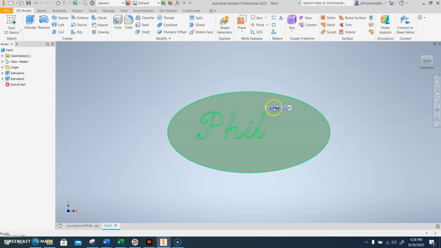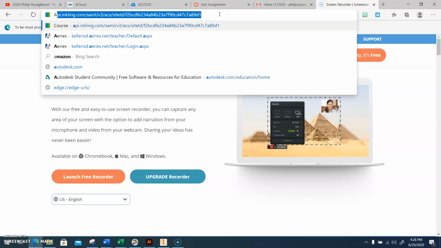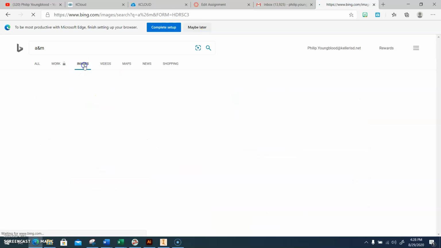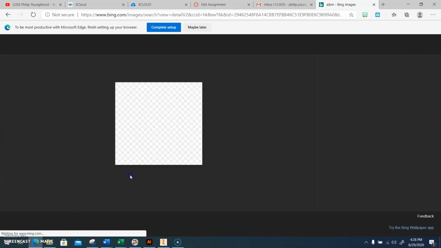And then, so you might want to incorporate like a logo. So I'm going to start with something real simple. Now, if you're able to, you can kind of just split your screen, or if you have something that you can look at, you can freeform draw with the line tool. Another thing you could do is just bring in a graphic. So, for example, I went to Texas A&M. So maybe you want to get one of these logos,